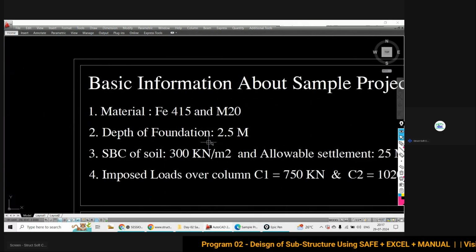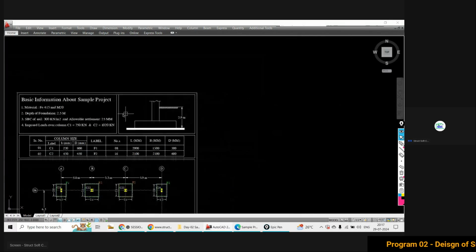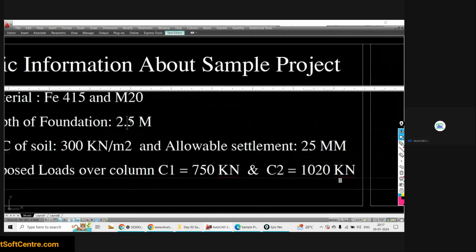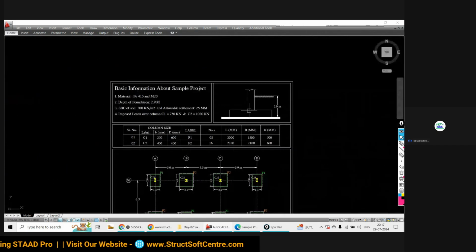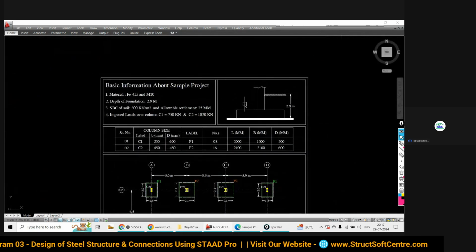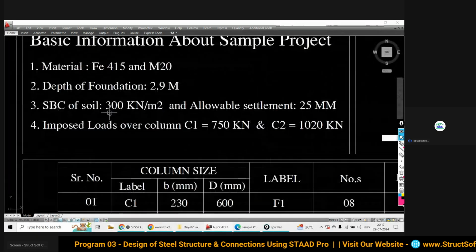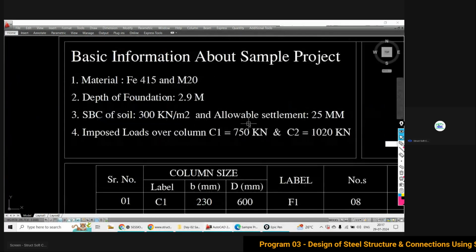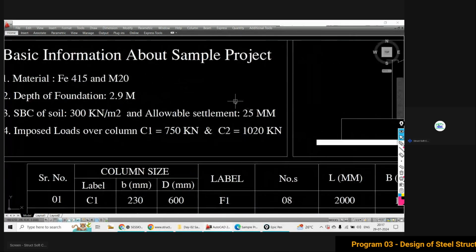What is the depth of the foundation? 2.5 meter below the ground level. Sorry, not 2.5, this is 2.9. In the figure we have given 2.9, so according to this figure we are going to proceed. So 2.9. Now SBC of the soil is given as 300 kilonewton per meter square, and allowable settlement is 25 mm.